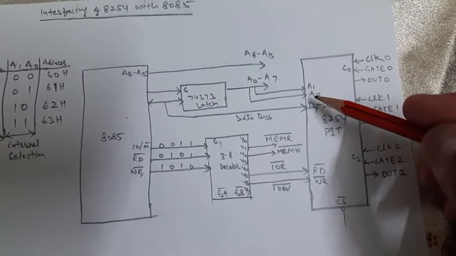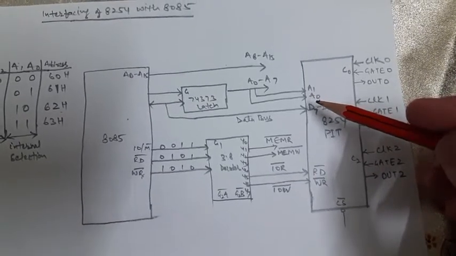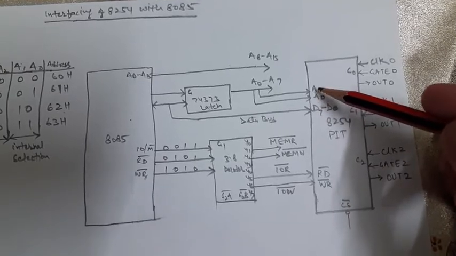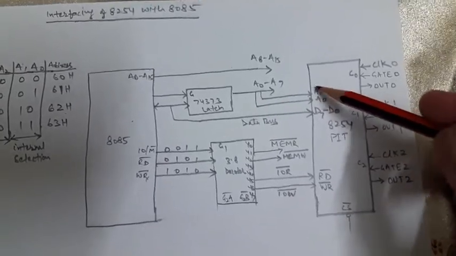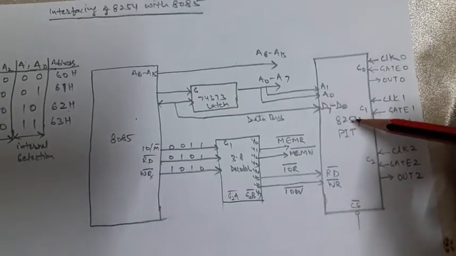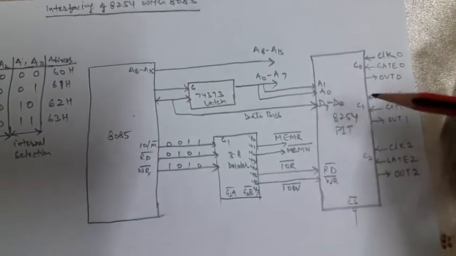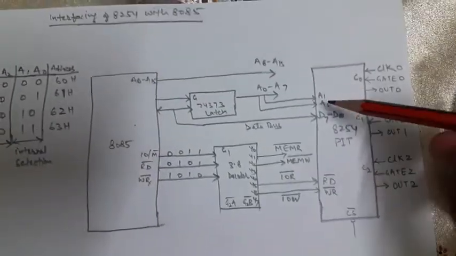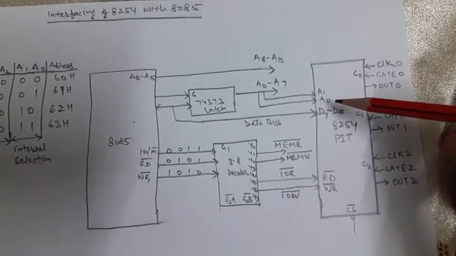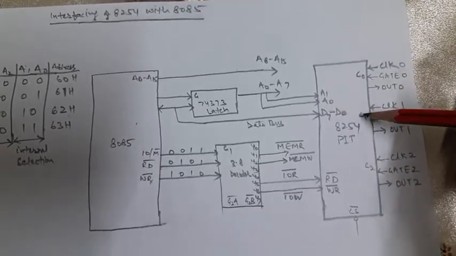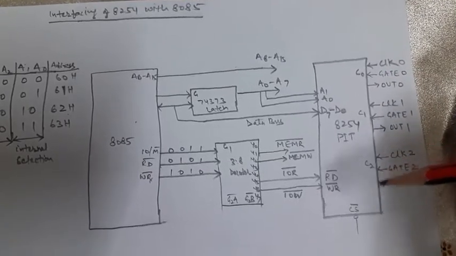Earlier we have done this in 8255 also. In the same pattern we have applied A1 and A0 as address selection lines. These address selection lines select the internal address for 8254. The 8254 will be selected using this CS bar chip select. But inside the 8254 there are four more addresses required for selecting counter 0, counter 1, counter 2 as well as the control word.